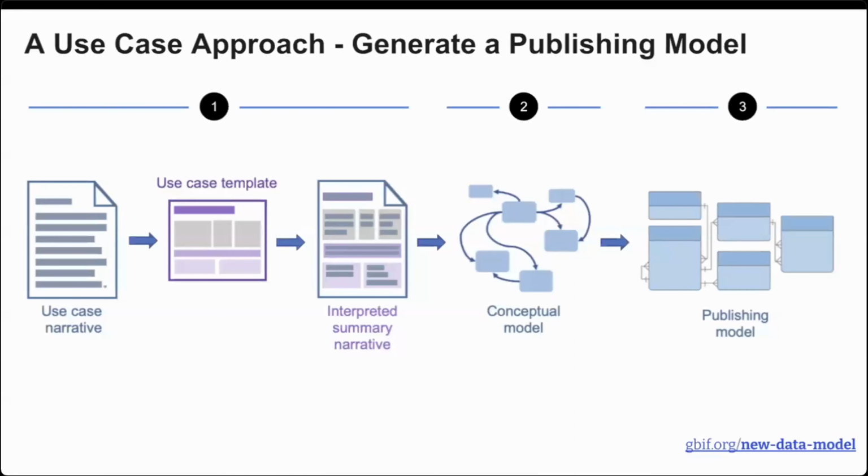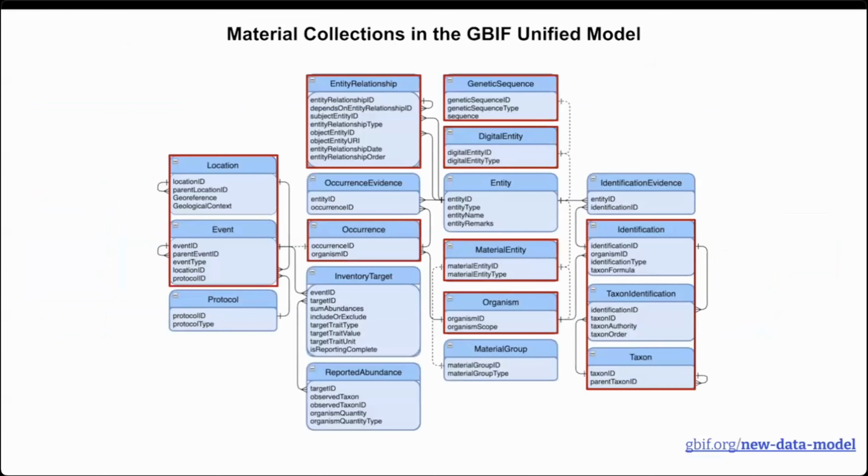I'd like to give you a visual idea of what we mean by creating a simplified data publishing model for a family of use cases. Here's an image of the core part of the unified model, that is, without the auxiliary so-called common tables, as an entity relationship diagram again. The image shows the parts of the unified model that pertain to the material collections use cases, which are bordered in red. Don't worry about any details. This is just to give you a visual impression of complexity. There are 11 tables with 18 connections involved in the relevant part of the unified model for this family of use cases.